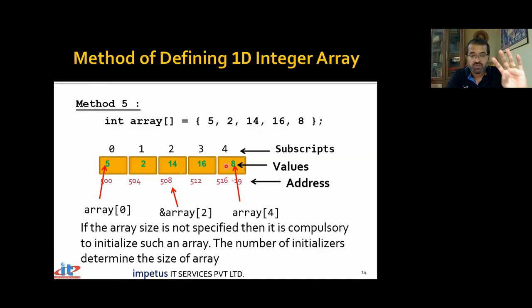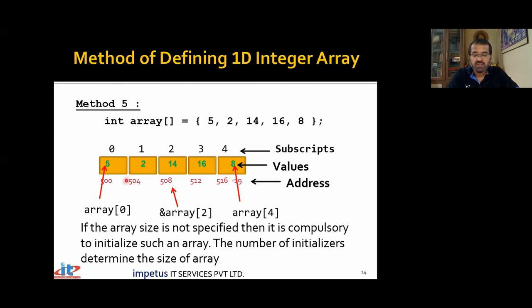I'm using 4, meaning 4 variables. In terms of bytes, since it's integer, 4 into 4, that is 16. Right now it's 5 variables, so 5 into 4, that's 20 bytes. Look at that, from 500 से लेके 519 तक. So 20 bytes of memory have now been allocated for that particular variable. 20 bytes have been allocated. So from 500 से लेके 519 तक.